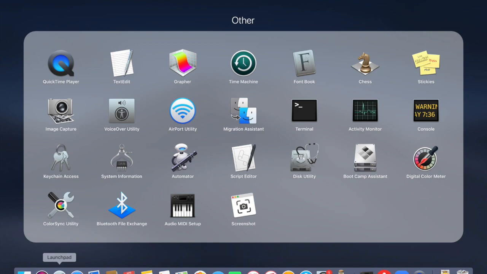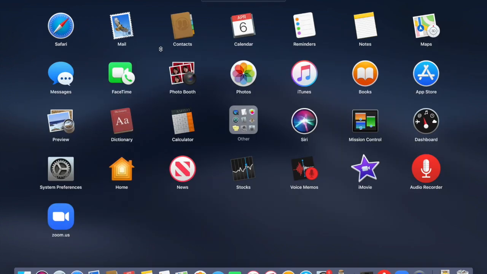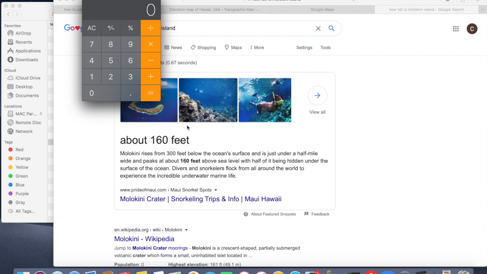Let's do the math. 53 miles away. 53, we square that number times itself. 53 times 53 equals 2,809. We multiply that number by 2/3 of a foot, 8 inches to the foot, 0.6666. We get 1,872 feet. So if I were to stand on the shore of Molokini, I wouldn't be able to see anything